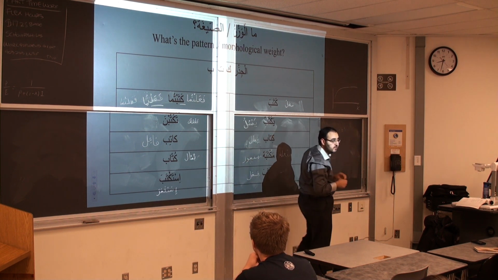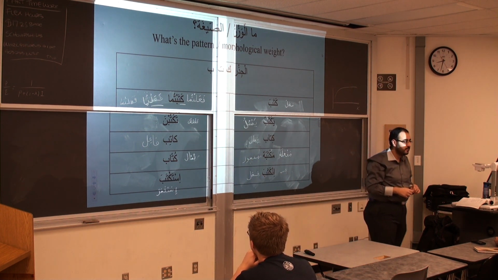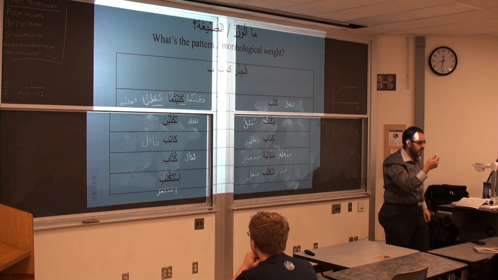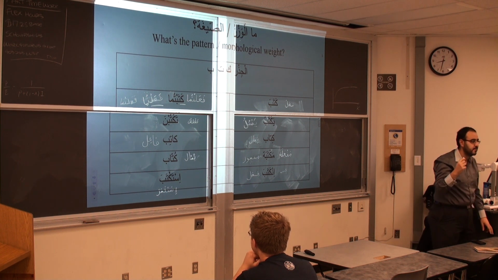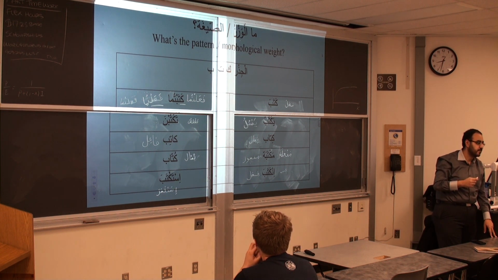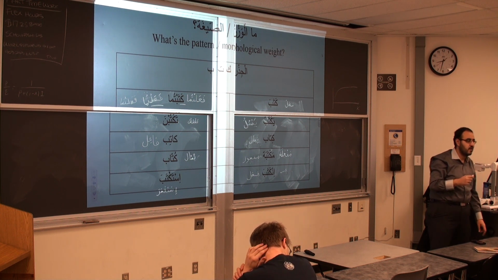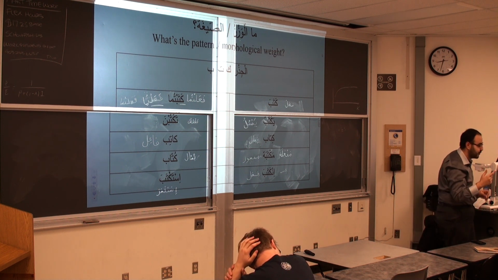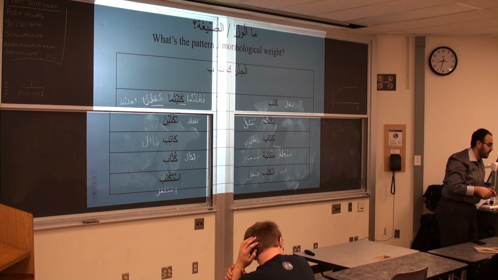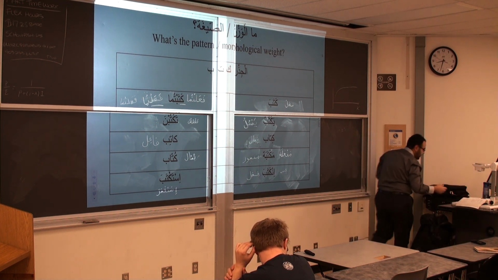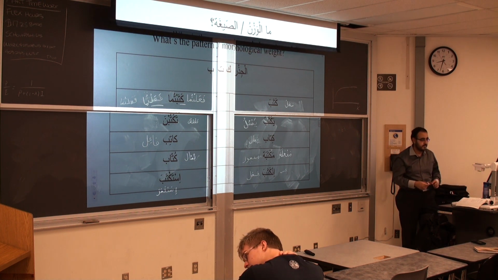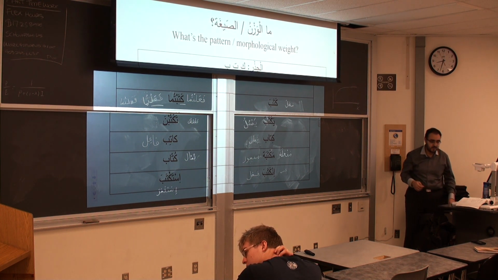Is this just an exercise for now, whatever roots in the pattern, or when we change it back, does it mean something? Sorry, can you repeat that? Is it just an exercise to see what we replace with what, like the roots? I'm not fully getting your question. Is this just an exercise to identify the fa, ayn, and lam and replace it? Or does it do something when we change it back to fa, ayn?